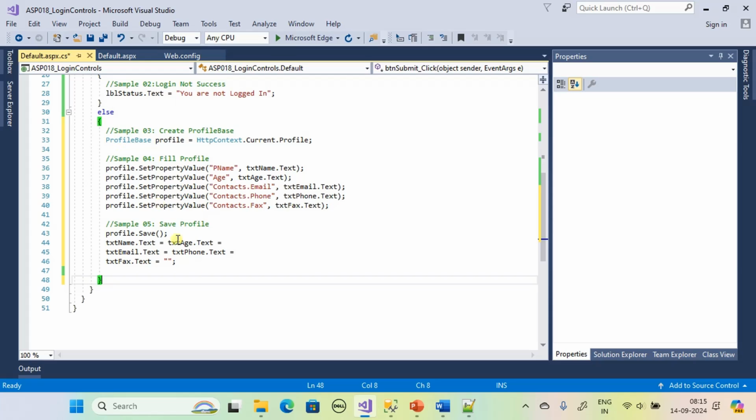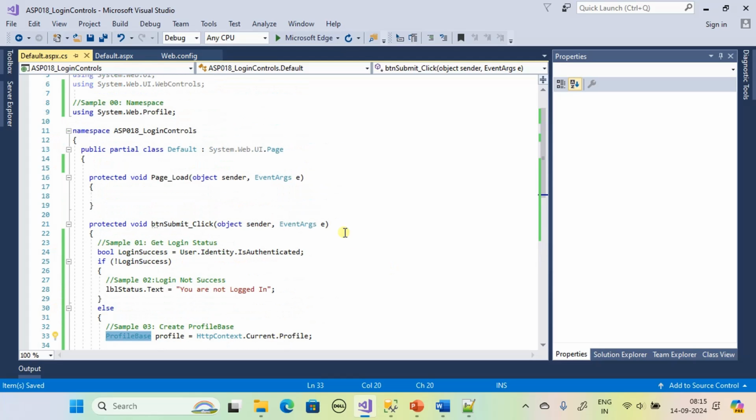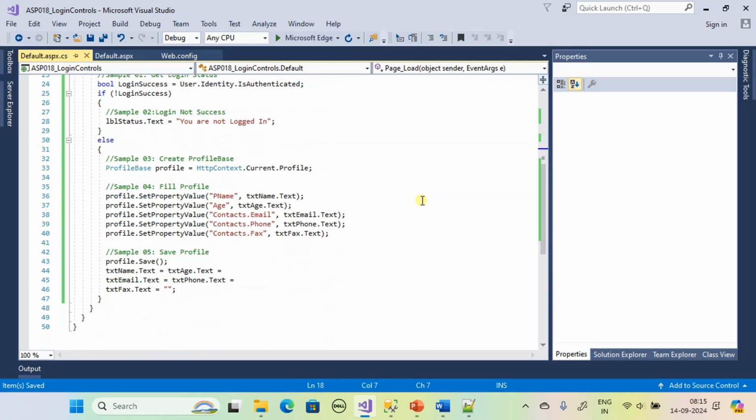Right, so this is the else portion. So I pasted the code and let's see what is going on. So here from HTTP context current profile, we are getting the ProfileBase class. To use this ProfileBase class, we included the namespace system.web.profile, right? HTTP context, and from there we are getting the property current, right? This will tell the current user and profile. So we are getting the current profile and we are having this as the profile here, ProfileBase,